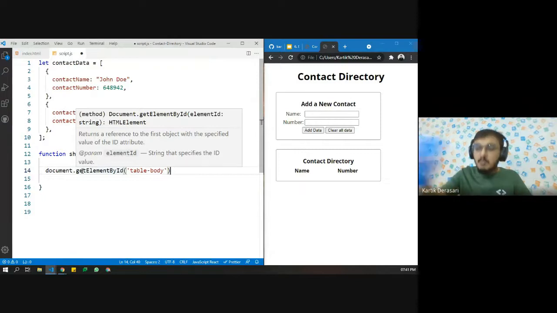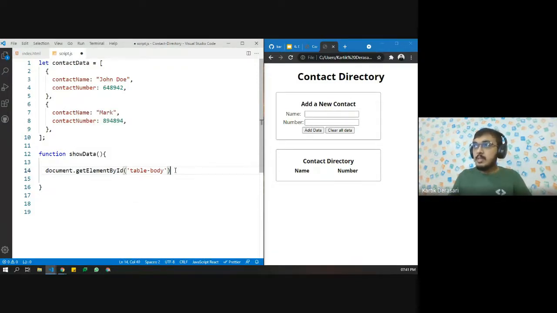Okay, great, fantastic. So now what we'll do is that we want some kind of HTML inside that. So what we will do is that we'll add some HTML tags inside that. Whenever we want to manipulate any kind of HTML tags, then we generally use dot innerHTML.